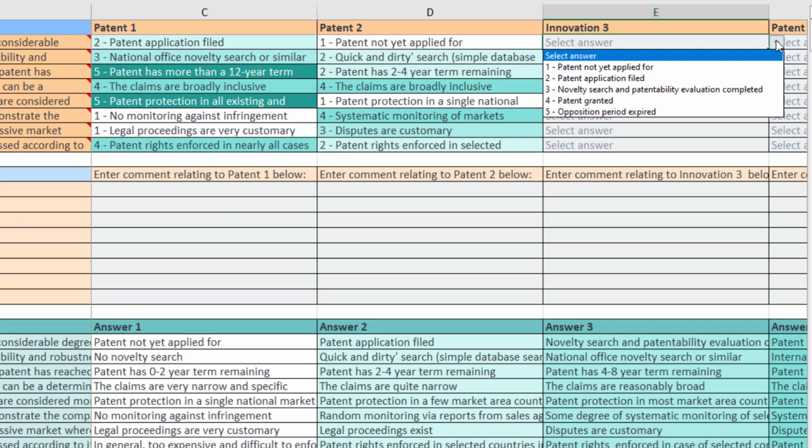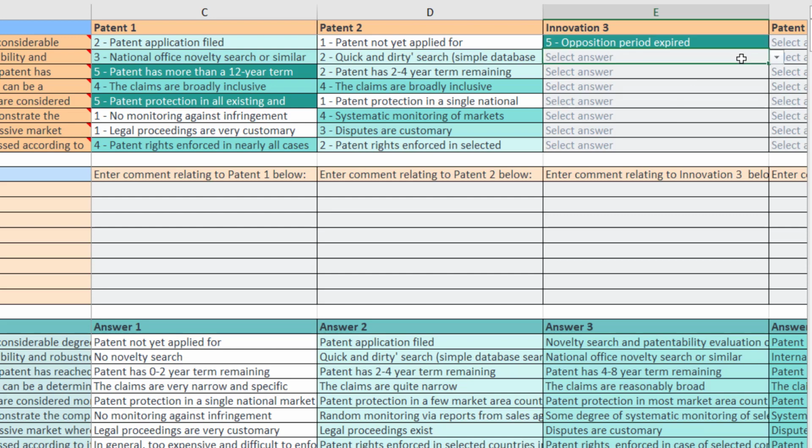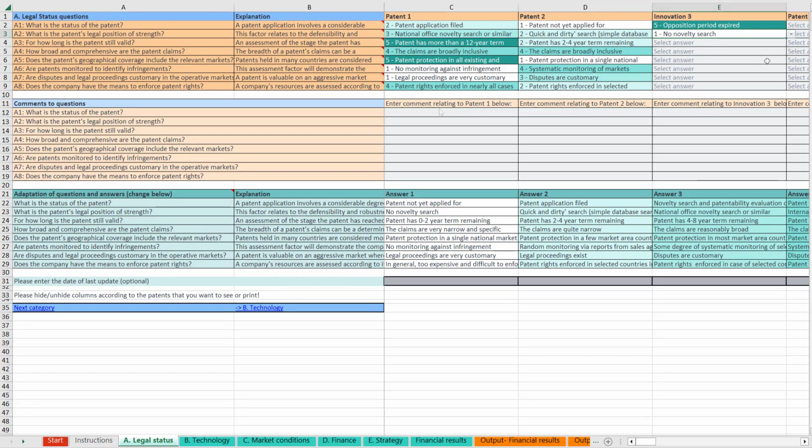As you answer each question, the cell in question will turn a shade of blue, providing a visual representation of its position on the rating scale. The answer corresponding to 5 points will turn the darkest shade of blue, and the answer corresponding to 1 point will turn the lightest shade. This helps you visually identify invention strengths and weaknesses.